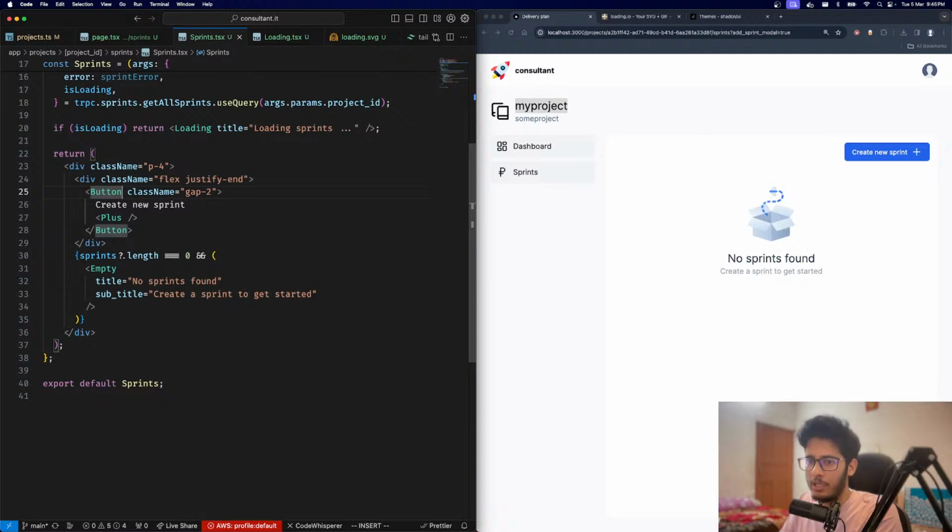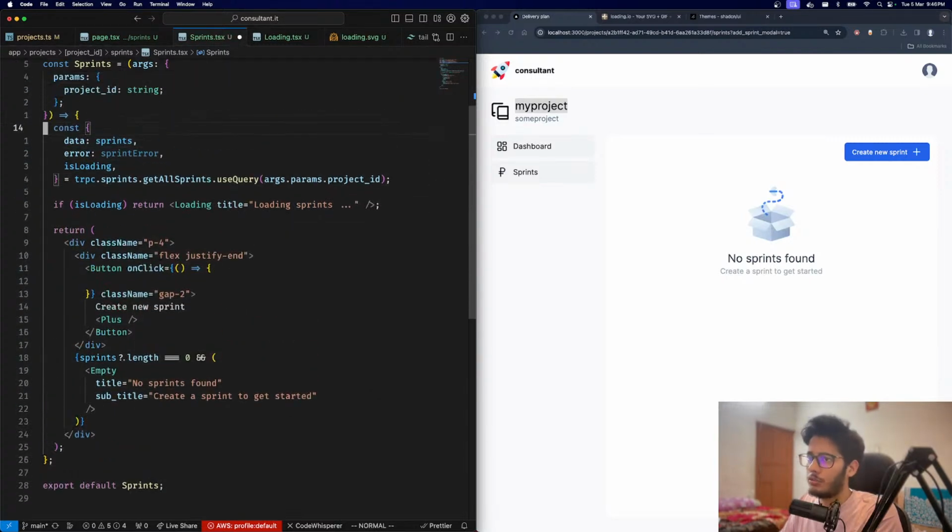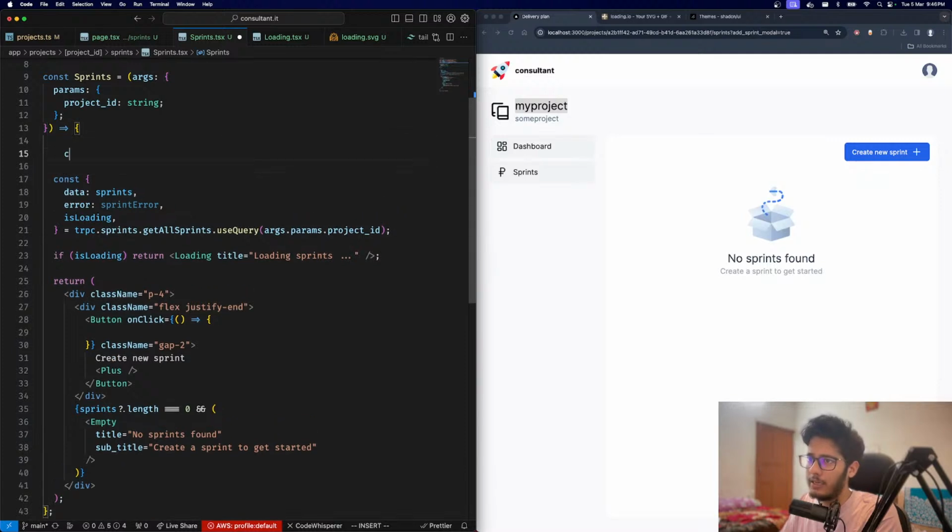That's completely fine. Next thing I want to do is have an onClick. What should this onClick do? This onClick should create a state over here, and we'll call it add sprint modal open. I don't know, something like add sprint